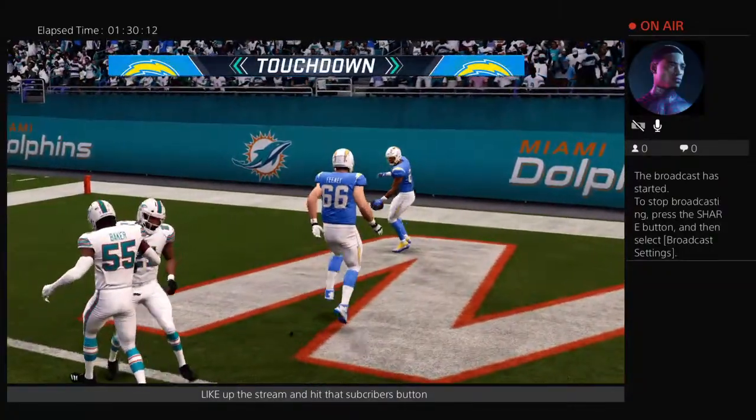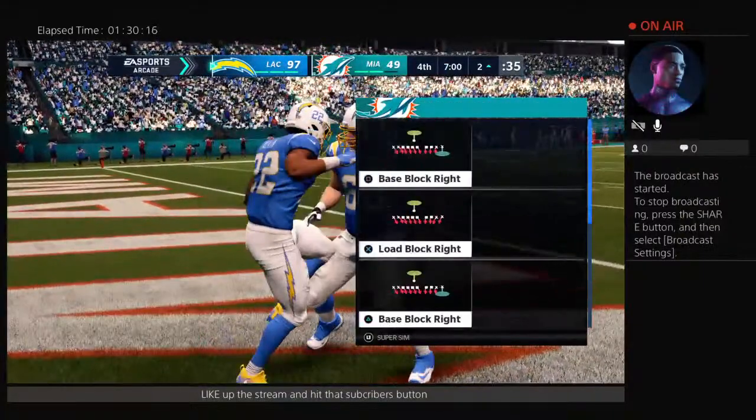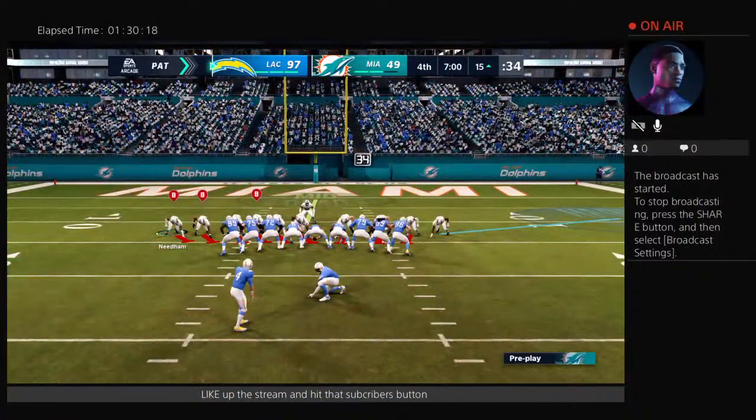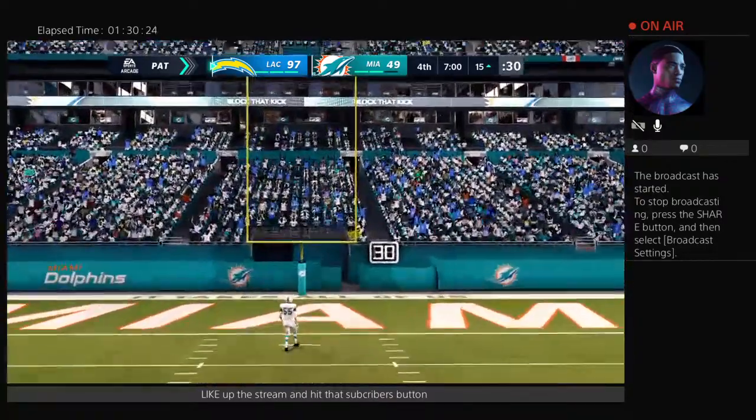And he takes it in for a Charger touchdown. Touchdown. Justin Jackson, 37 yards. And the interception by the Chargers D leads to a touchdown. And partner